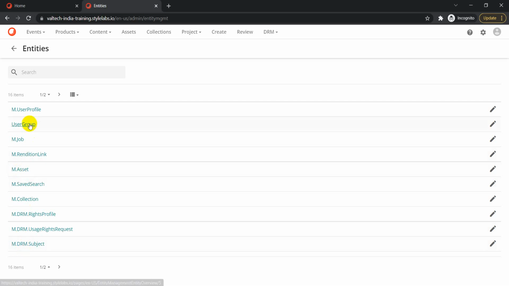Whenever we create a DRM rights profile, a new collection, or a new search, or whenever background processes run, everything is backed by one of the entities or schemas.